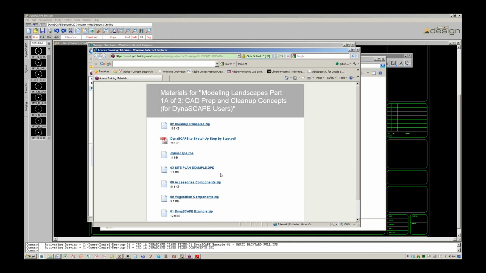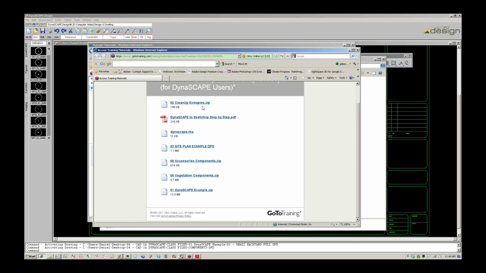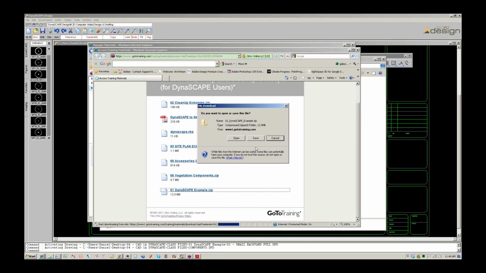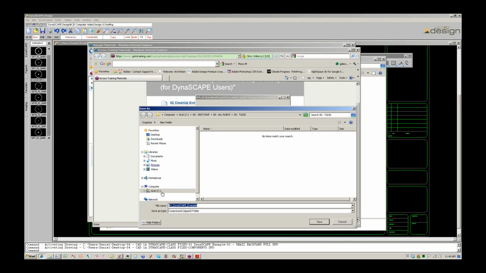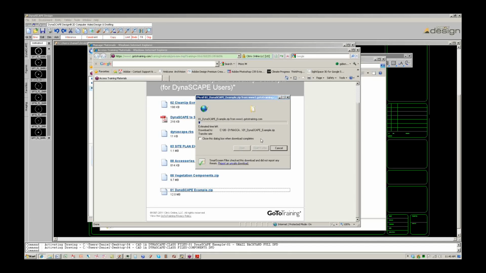So the one that you're looking for, so Deidre, if you can look at the screen real quickly, these are the files for the class. 4 of these are zips, 02 cleanup examples, accessory components, vegetation components, and DynaSCAPE example. So download those and then you have to extract them. Okay, perfect. So what you want to do is right-click on those and do Extract All. So the way that they would work, I will show you right here. Save. Yes. As I download it,